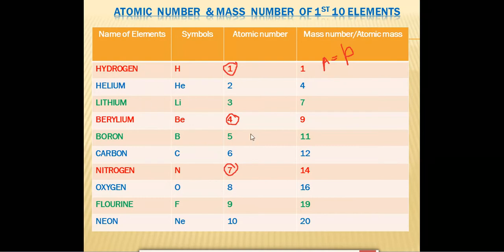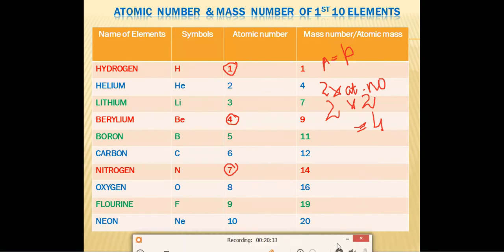Okay, second one is helium. Helium has atomic number 2, so it comes under the category of even atomic number. Which formula did I tell you for calculating the atomic mass of even atomic number elements? 2 into atomic number. What is the atomic number of helium? 2. So we'll multiply 2 into 2 and we will get 4. So the atomic mass of helium is 4. Or you can simply double the number: 2 plus 2 is also 4. 2 into atomic number, that is 2 into 2, is also 4.